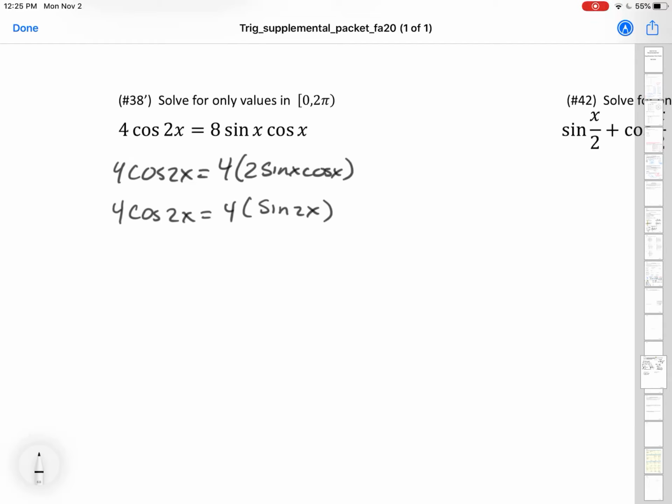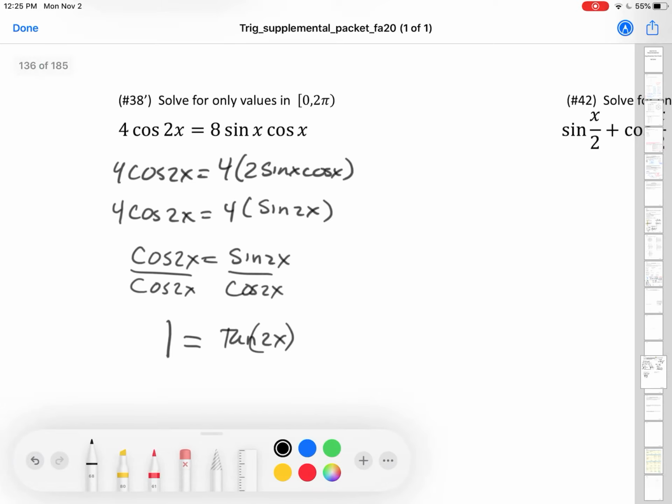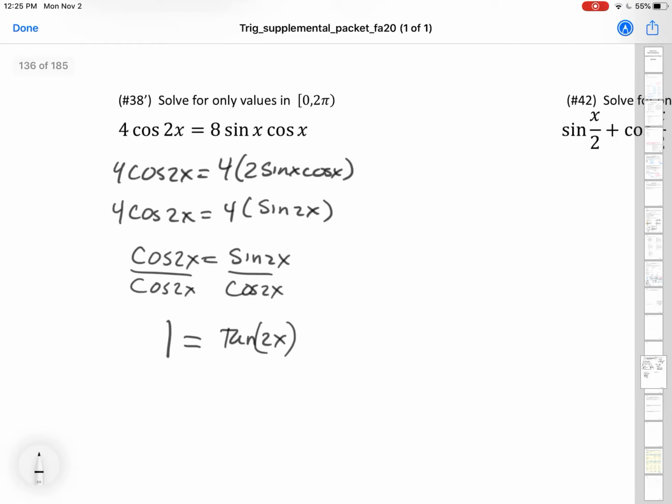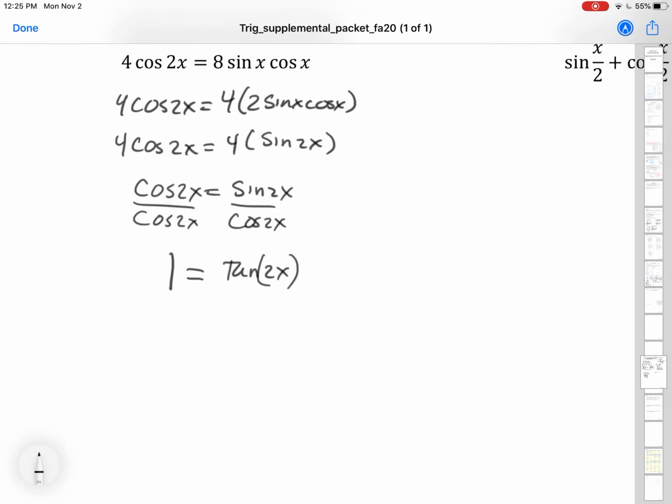Now, if we divide both sides by 4, we get cosine 2x then would need to be equal to sine 2x. Here's what I would suggest. I would suggest dividing both sides by cosine 2x. Now, why would I do that? I get a 1 over here. And what's sine divided by cosine? Tangent 2x. And let me reverse this a little bit and come back in here. Tangent of 2x. You know all about where tangents equal to 1. And we're going to have double the amount of solutions. Tangents equal to 1 at pi over 4, at 5